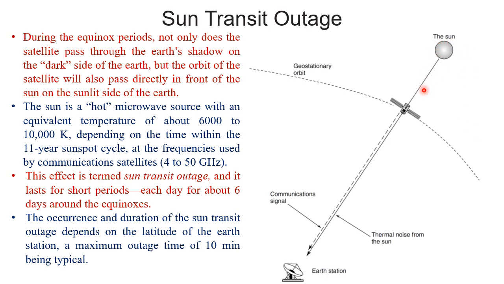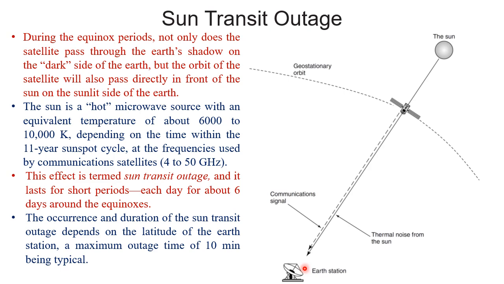So actually, during that short period of time, the earth station looks towards the satellite, and now the sun is there as a background, and the sun releases a huge amount of microwave frequencies with excessive high power, right? And the very sensitive earth station receiver is now in front of the sun, receiving a huge amount of high power microwave. So there is a chance that during that period of time, if the earth station wants to receive the signal from the satellite,